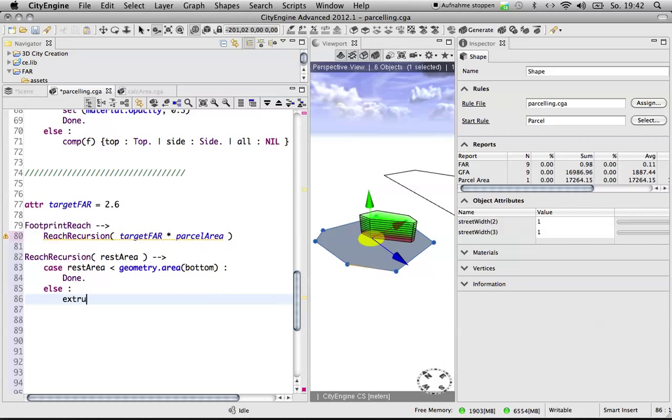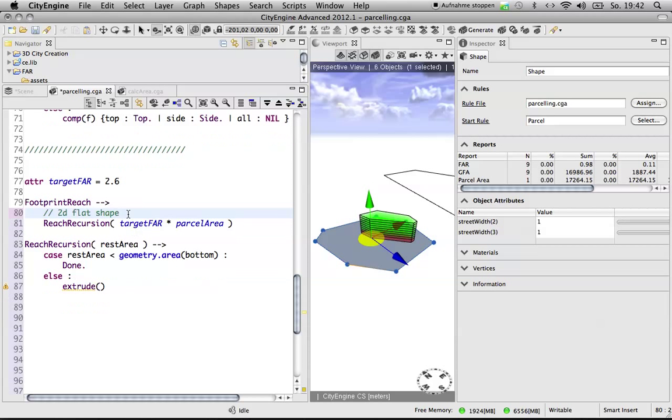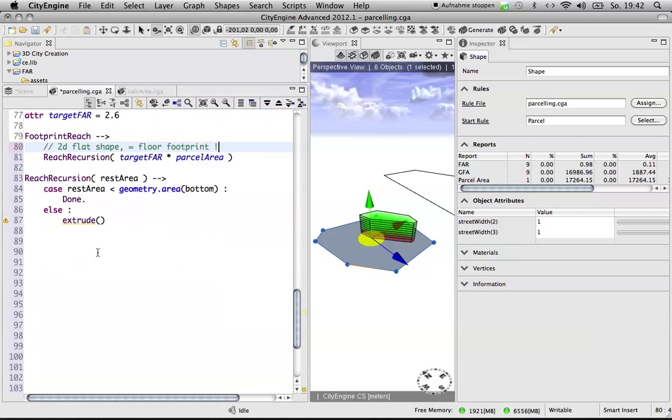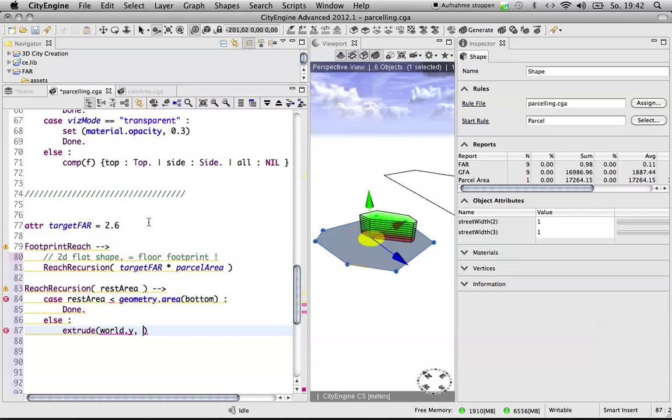That means extrude the shape. So by the way, I'm going here into here always with a 2D flat shape. So that's not an extruded shape. That's really, really important to know. So that's a 2D flat shape equal a floor footprint. So that's a flat shape. Okay, then at this point here, I'm going to extrude the shape. So world.y, and then I am extruding it